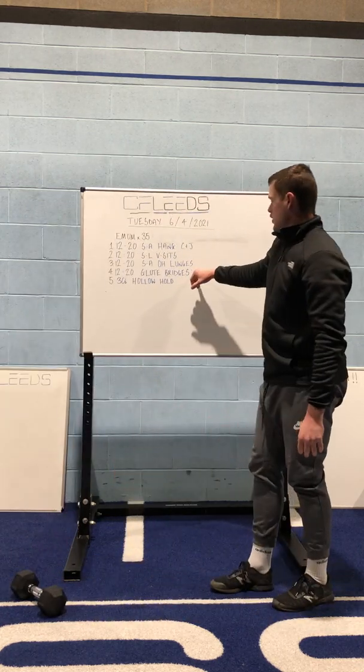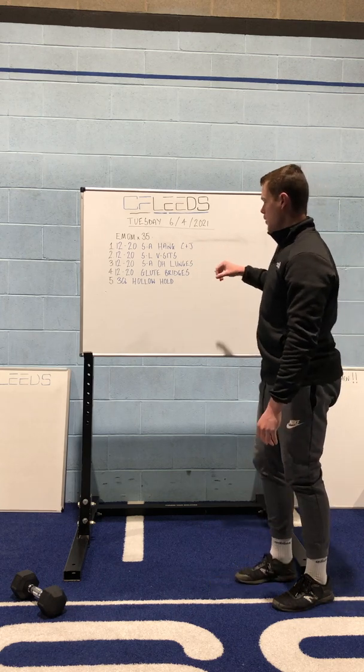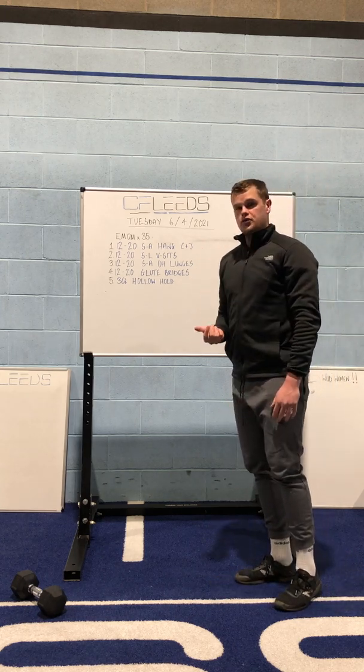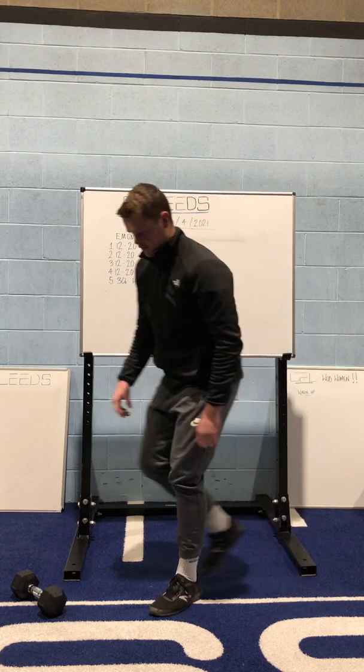You've got the glute bridges in the 4th minute here. We've been doing lots and lots of these over the last few months, so I imagine most people are pretty comfortable with them. If that's the case, you get a little bit of weight into them. So we want to set you up